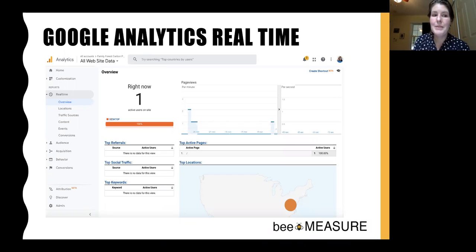This can be very useful if you're seeing data in your account and you're like, what is this? I have no idea what these events are, or what is causing this. So you're able to go to another window or tab, load up the site, click around, and you'll be able to see yourself using the site in real time.